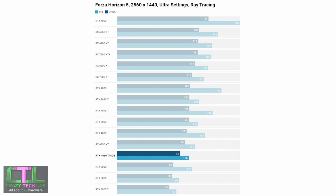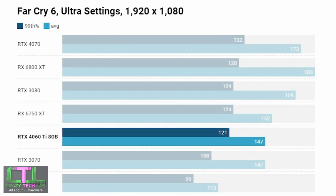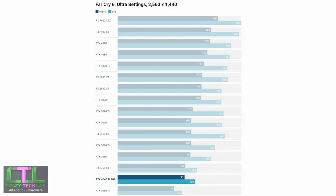Moving on to Far Cry, and again, this is a game that generally prefers AMD graphics cards. Still, the RTX 4060 Ti did manage to better the RTX 3070 and RTX 3060 Ti, but it couldn't quite match the frame rates of the RX 6750 XT. Stepping up to 1440p, and we have the RTX 4060 Ti again offering a decent amount extra performance over its predecessor, the RTX 3060 Ti, but again not quite matching the RX 6750 XT, although it was a bit closer